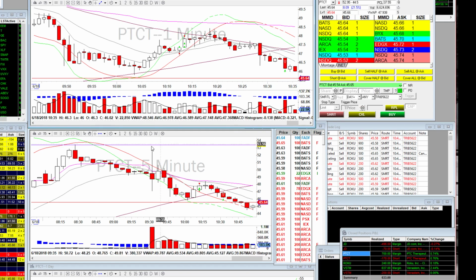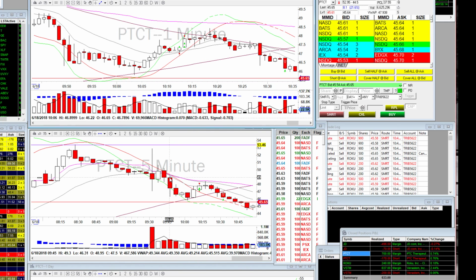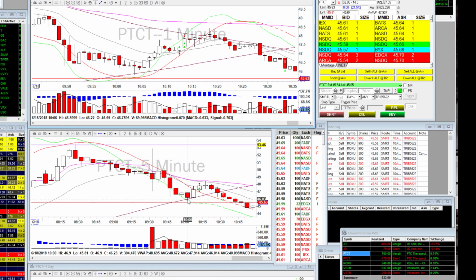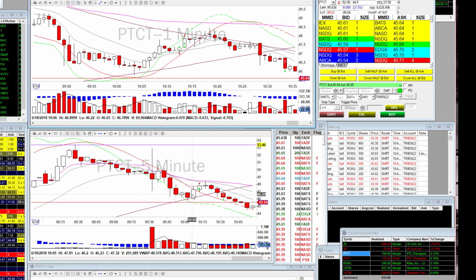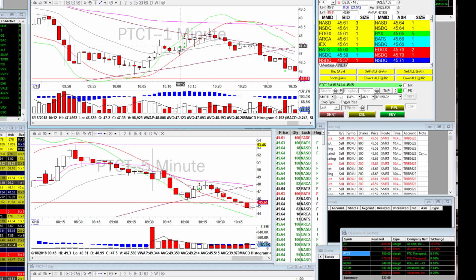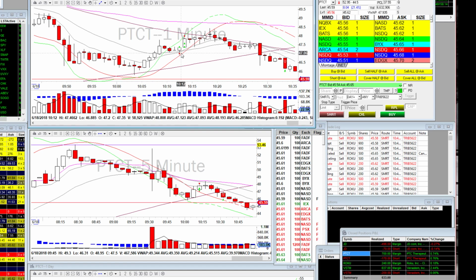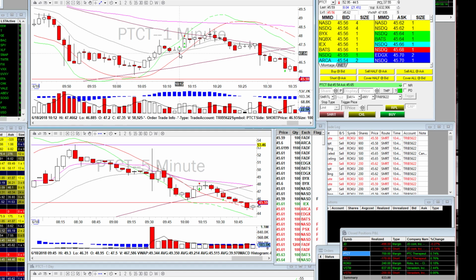What I did for PTCT is it was dropping the whole morning until 10ish, in which it could not form a new 5-minute low, and then when it formed the new 5-minute high, I looked at the 1 minute. The 1 minute was above the two moving averages, so I went long, but it did a dip. So once it fell below the lower EMA, I think that was like a 20,